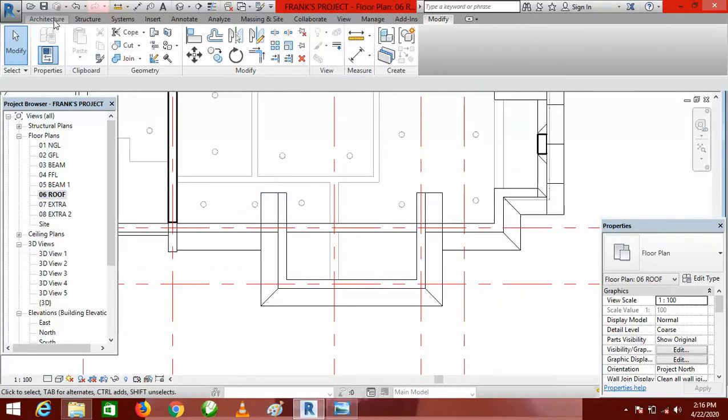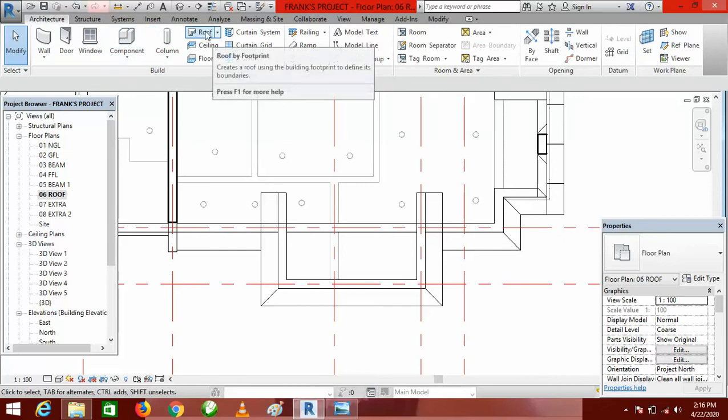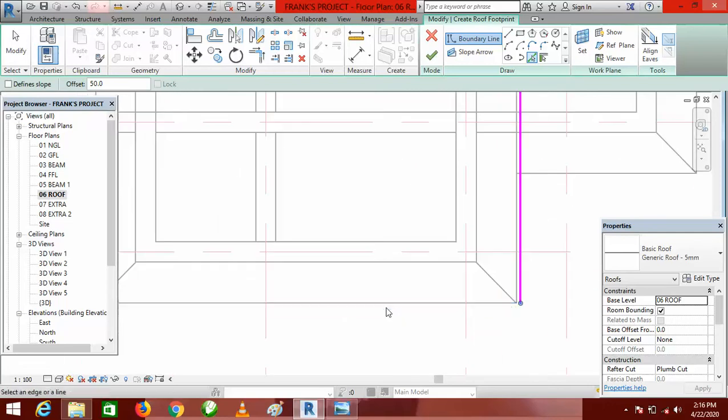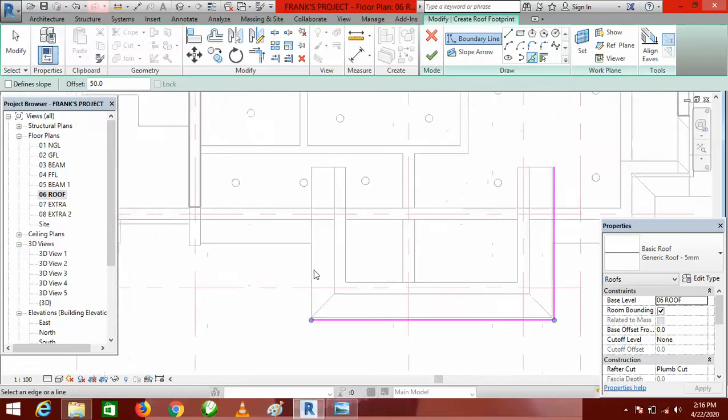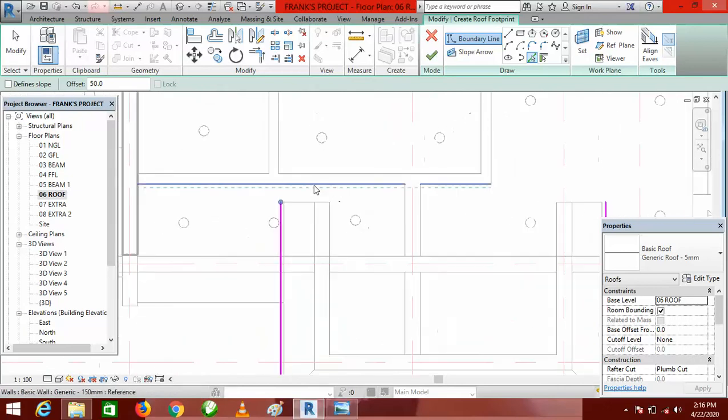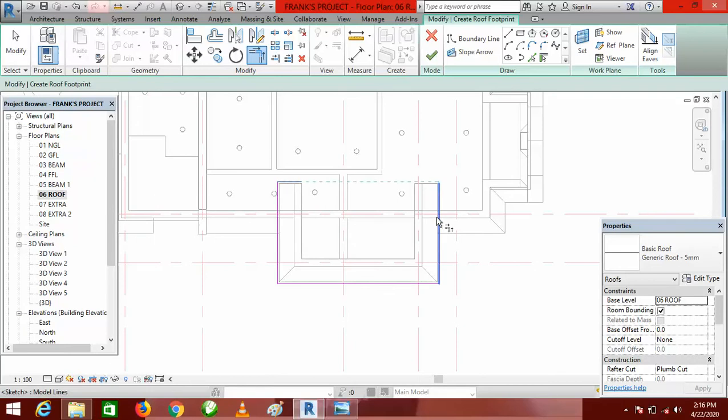This time I'm going to click on architecture, click on roof. Then I'm going to click on peak lines. Go to offsets and type in 50. So I click here. I'm using 50 so that the roof will not be directly on the concrete fascia. Then I use the trim tool to trim this together